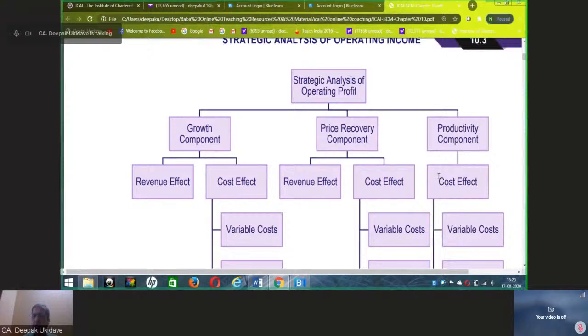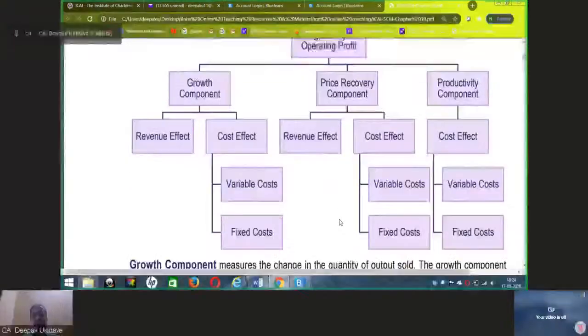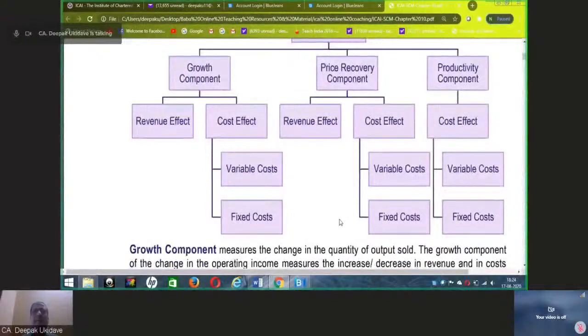There is no question of any revenue. So growth in terms of revenue, growth in terms of cost. Price recovery in terms of revenue, and price recovery in terms of cost. When we talk about cost, obviously we have VC and FC, variable cost and fixed cost. All of you are aware that variable cost per unit remains the same, but fixed cost remains the same on totality basis. Remember this thumb rule at the back of your mind. Fixed cost remains fixed on a totality basis. Variable cost remains constant on a per unit